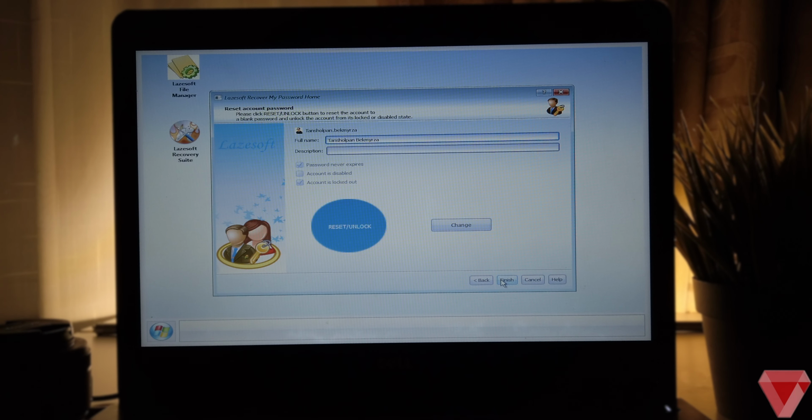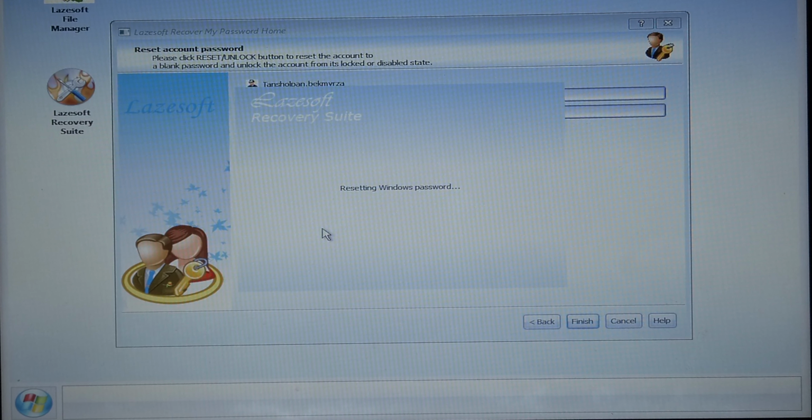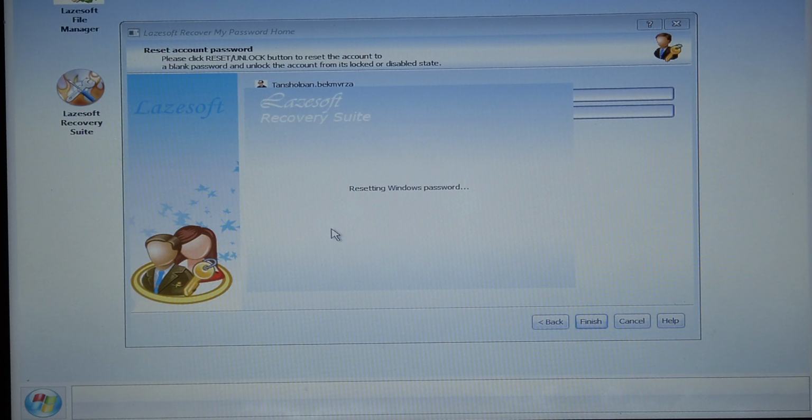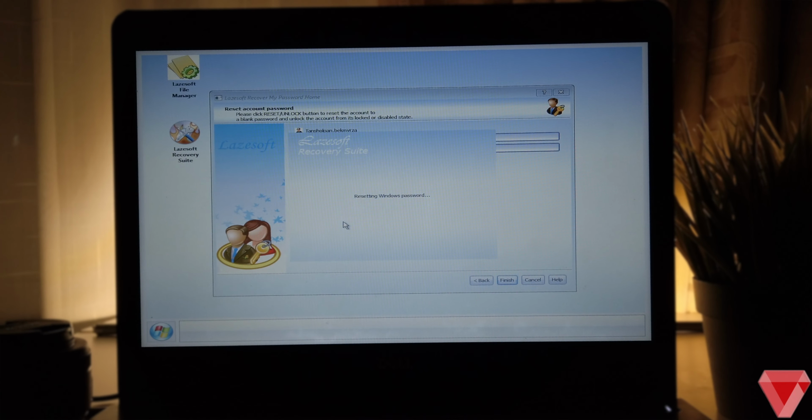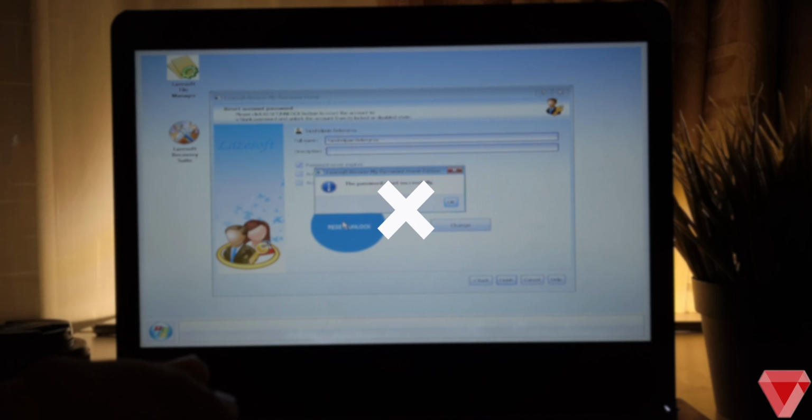In today's video, we will reset Windows 10 password without losing any data. And this particular software is completely free. So if you guys are interested, stay tuned and let's get started. If your target computer is locked, find another computer to burn the password recovery files to a USB.